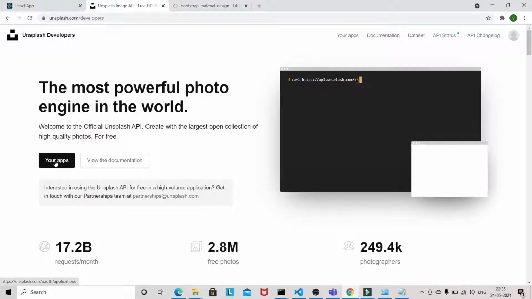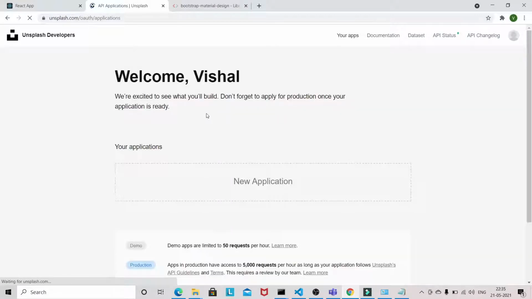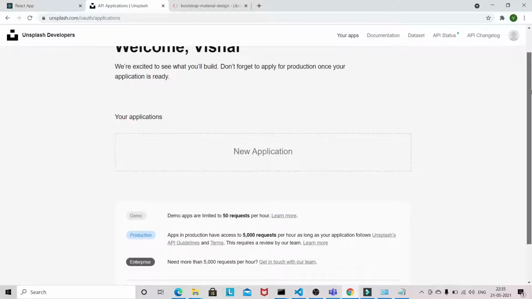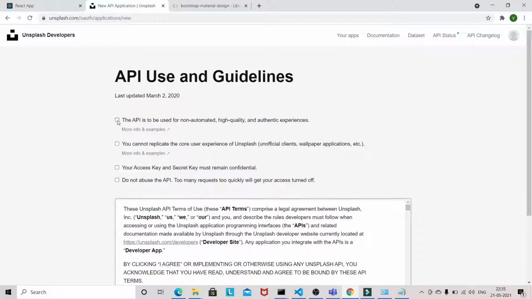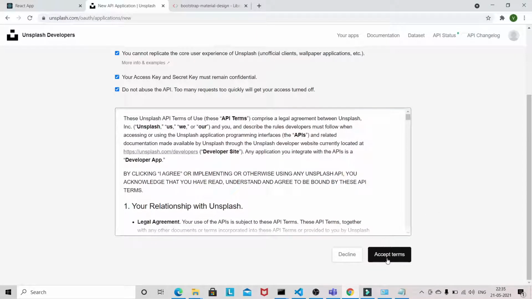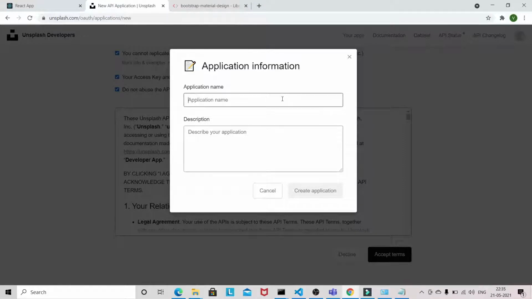Click on your apps, then click on new application and select all these check boxes. Now accept the terms. You can give the same name, infinite scroll, and a description too, something like implementing infinite scroll.